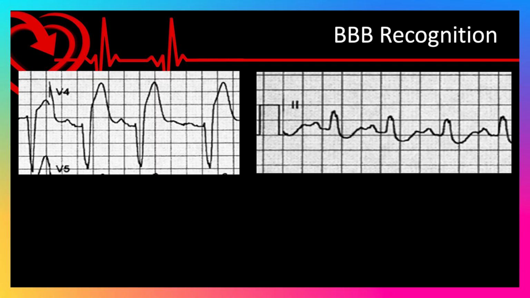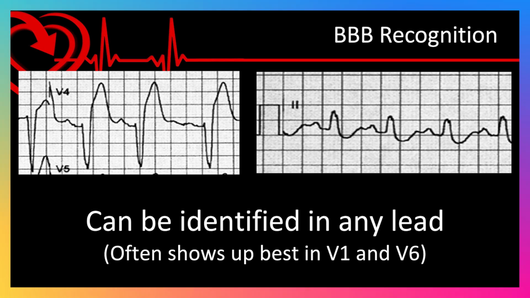So when we look at these rhythms, for example, you can see that we've got P waves in front of each one of these complexes. We can identify the presence of a bundle branch block in any lead. Oftentimes your V leads are going to be your best place to spot them, but not always. And what we see is that there is a P wave in front of this complex